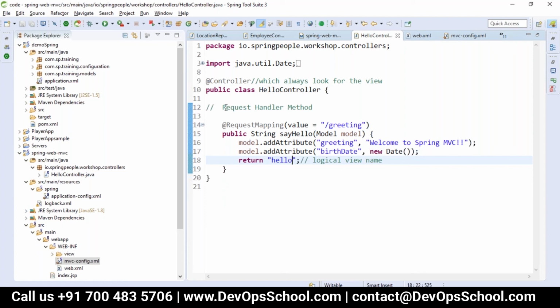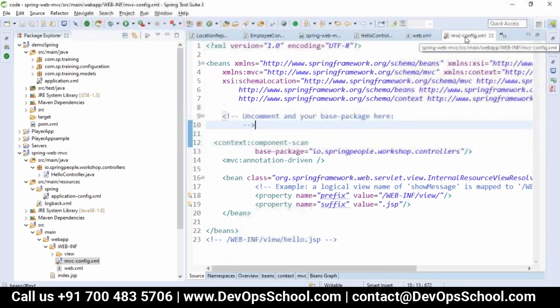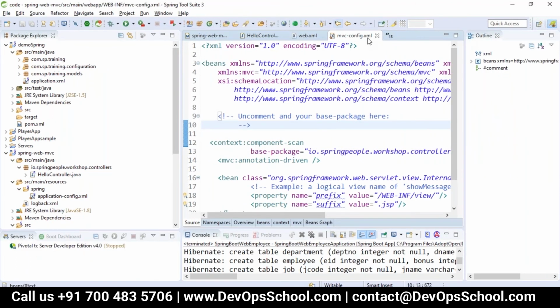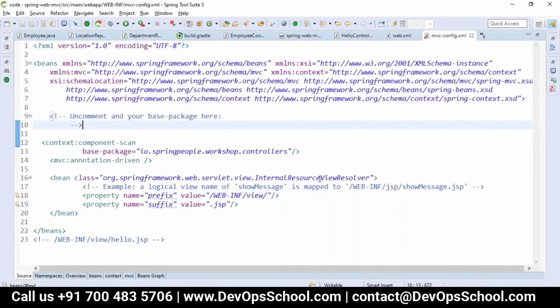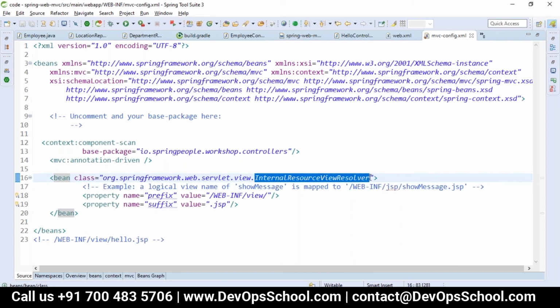So what does Spring MVC say? Spring MVC says we have one view resolver. You send any type of request, but I will configure what the prefix and suffix should be for you. That is the one predefined bean called InternalResourceViewResolver, a predefined bean which maps your resources. It has two parameters, which are prefix and suffix.